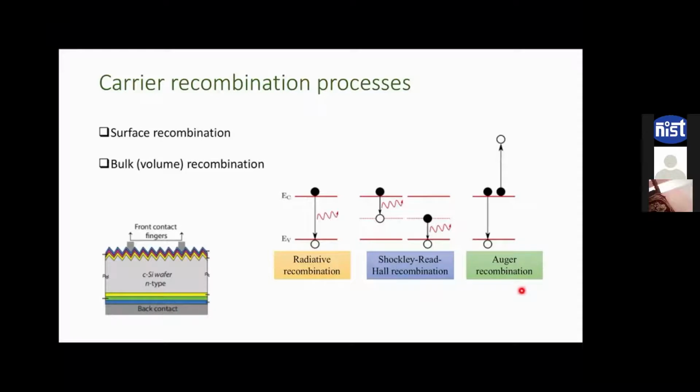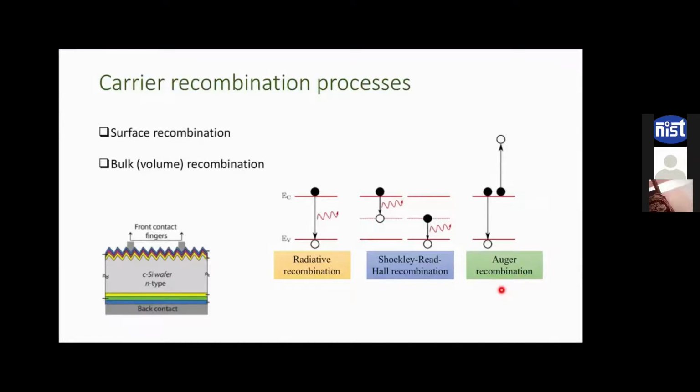Another recombination that is highly dependent on the doping of the semiconductor is called Auger recombination. In this recombination, the electron in the conduction band, in the process of its relaxation to the hole in the valence band, gives off energy sufficient to knock out another electron from the bottom of the conduction band to a high energy in the conduction band. In a very short time scale, this excited electron will come back and thermalize to the bottom of the conduction band. This Auger recombination is very prominent in heavily doped semiconductors.